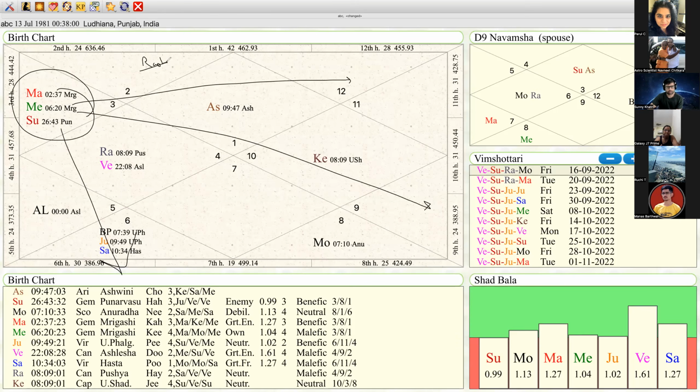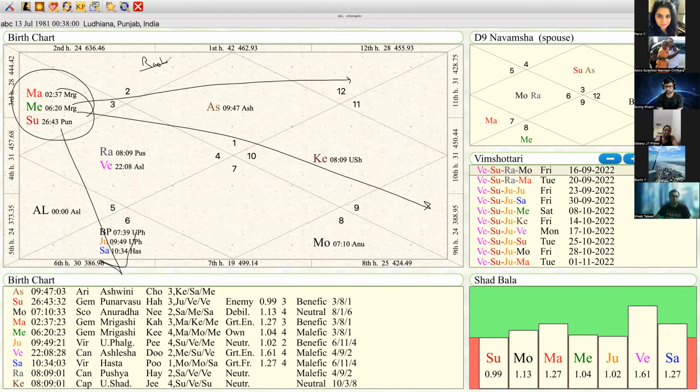Mars aspecting the ninth house. You desire a guru or not desire a guru, the guru will be there. The ninth house is getting impacted with your drishti, although there is no planet. There was this question that has come, oh Guruji, if there is no planet, what will happen? This will happen. You are going to have that strong inclination towards the ninth house, because Mars has a Rashi Drishti over the ninth house.